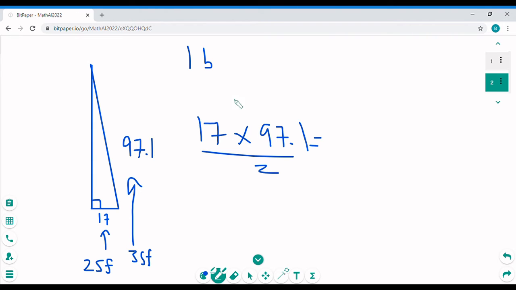Divided by 2. The formula I'm using here is 1/2 base times height. If you don't remember these formulas, this is a good chance for you to get some practice. If you look at 1a, it also does the Pythagorean theorem. Okay, so if we work this out, then as the book says, we get